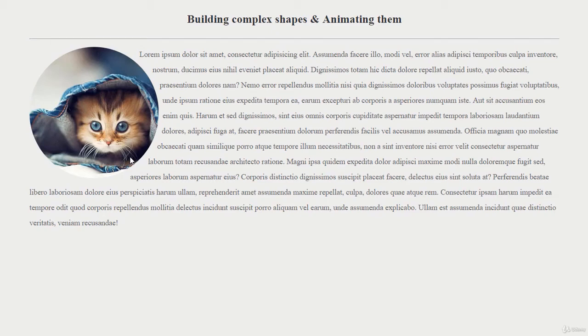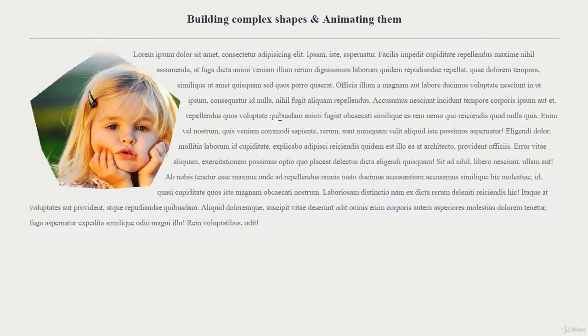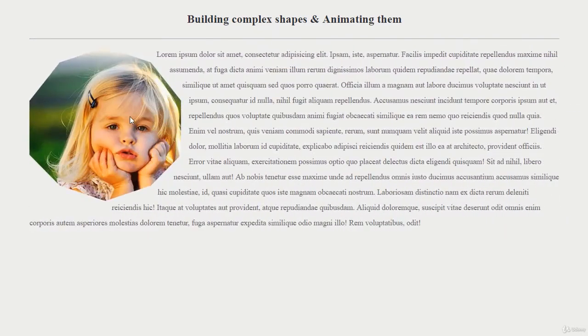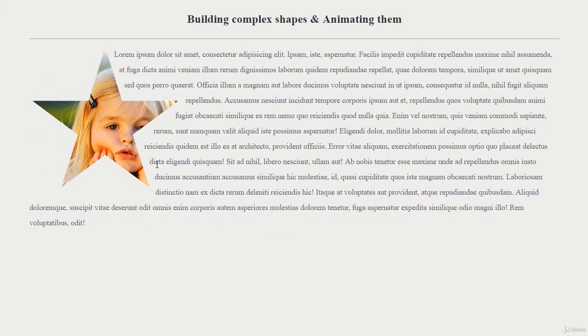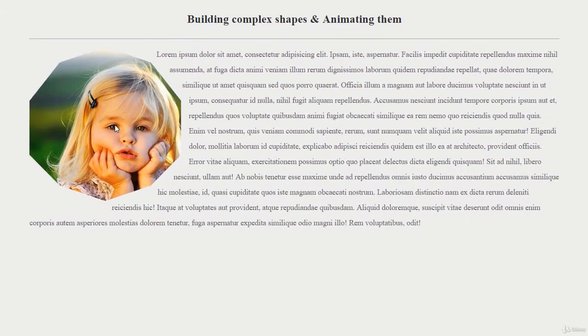There are many examples you will see in this course, and there's one more here. This is a simple star, but if I hover over this one, you can see our content is flowing around properly in this shape. In this case this is a star, so our content is flowing around this star. If I hover over this one, this is a decagon, and you can see that the text is flowing around this decagon shape. So this is really great stuff.